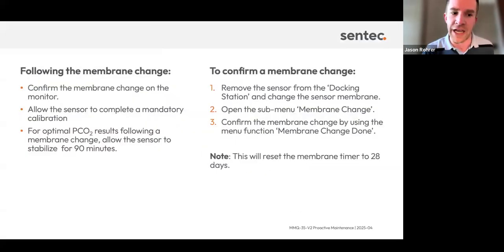So following the membrane change, you want to confirm the membrane change on the monitor and allow that sensor to complete the mandatory calibration. Like I said before, that should take about 3 to 5 minutes. And then after that, ideally, you would give it another 90 minutes for that sensor to fully stabilize. So after the cal is done, it will say ready for use on there, but there'll be a 90-minute stabilization timer underneath that,